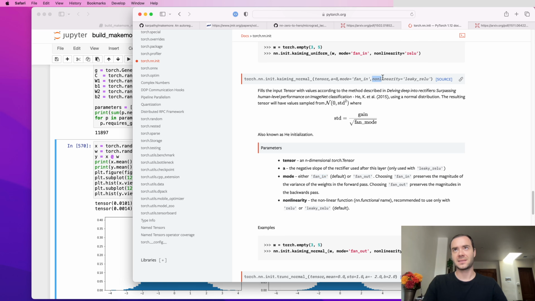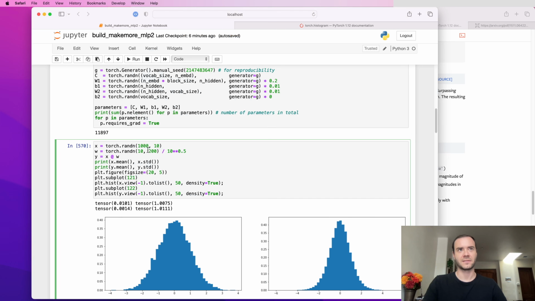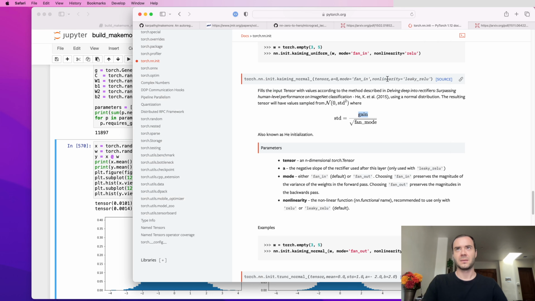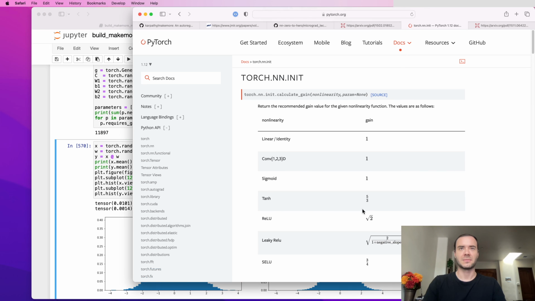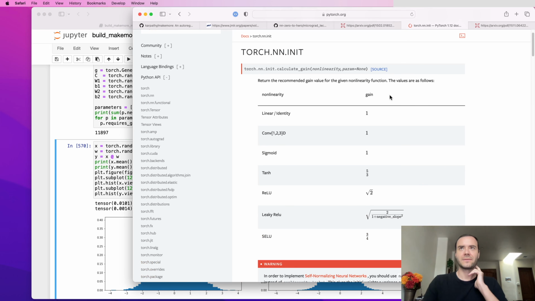And then second, you pass in the nonlinearity that you are using. Because depending on the nonlinearity, we need to calculate a slightly different gain. If your nonlinearity is just linear, so there's no nonlinearity, then the gain here will be 1, and we have the exact same kind of formula that we've come up with here. But if the nonlinearity is something else, we're going to get a slightly different gain. And so if we come up here to the top, we see that, for example, in the case of ReLU, this gain is a square root of 2. And the reason it's a square root